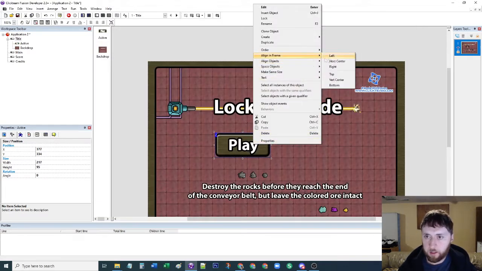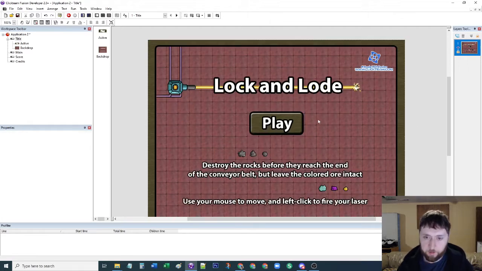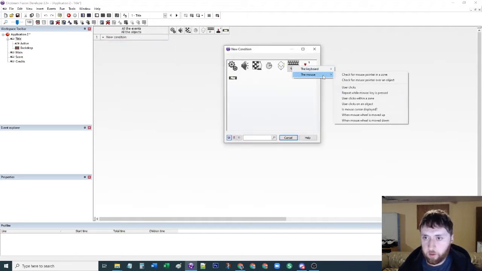We're going to align this horizontally in the center of the frame. Something like that. That's good enough. All right, so this looks good. We've got to add some code, of course. So if the user clicks on it,